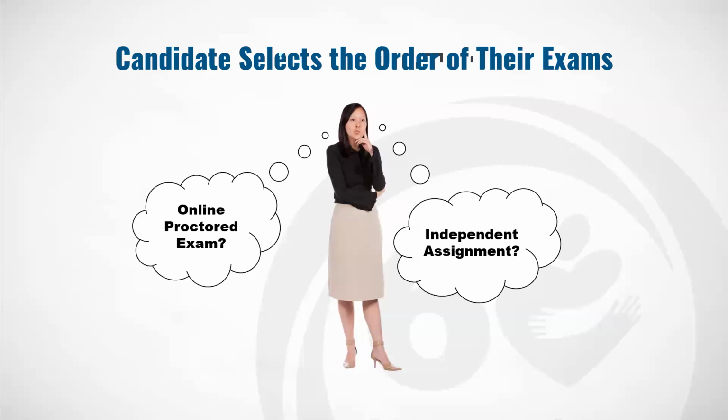Let's talk about what that means. This is Claire. Claire is a candidate, and she's trying to decide what order she wants to take the exams in, because just because one falls in April and one falls in May does not mean that's the order you have to choose for your CCAP journey. Claire needs to decide, am I going to do the online proctored examination first? Or do I want to wait and do the independent assignment first and come back to the online proctored exam next year? This is part of just thinking about your timeline and what's going to work for you.